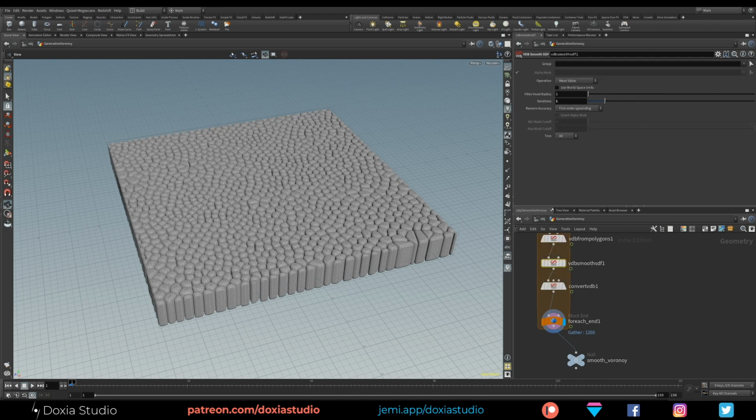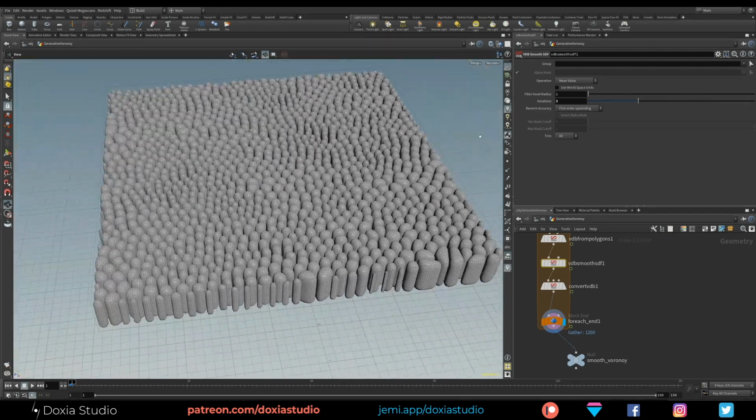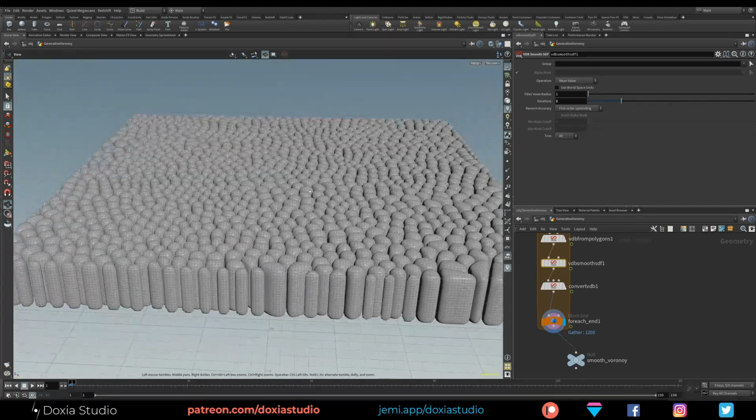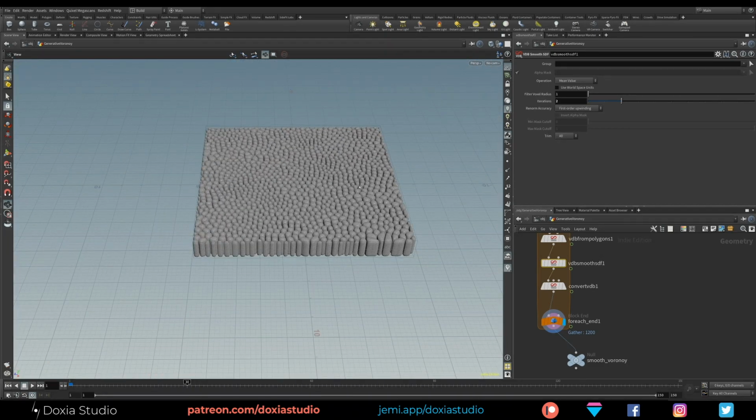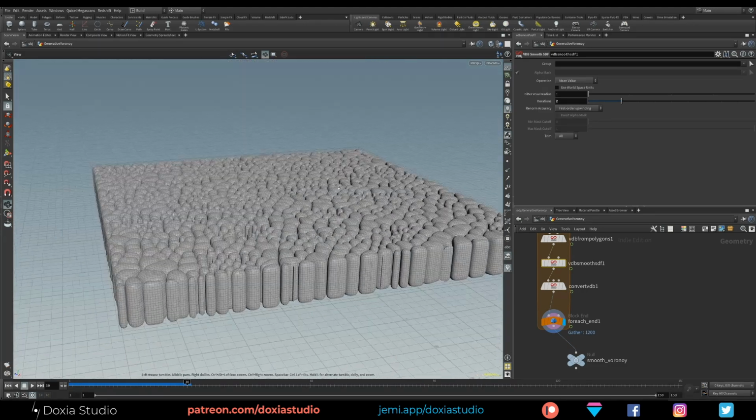I want to maybe go back to smooth iterations. Hope I don't delete everything. And they are too round now. Okay, that looks cool. Let's see on frame 30 with a little bit of movement from our flow noise. Let's see how they look with different pieces. Okay, pretty cool, pretty cool.